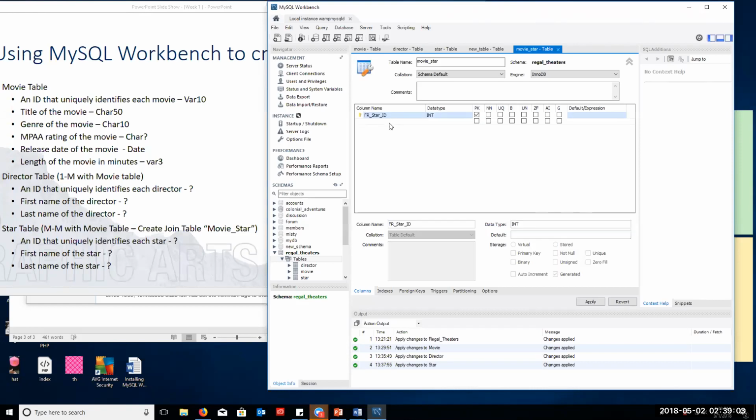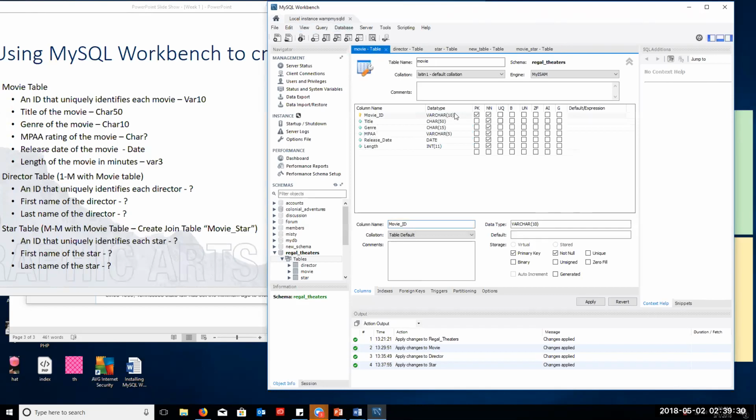Not null. And we also need the movie ID. FR underscore movie underscore ID. And we set that in the movie table of 10. Let's go back to our movie tab and look, just to make sure, yeah, 10. So we need to make sure it matches, otherwise we're going to get an error. So I'm going to go 10,